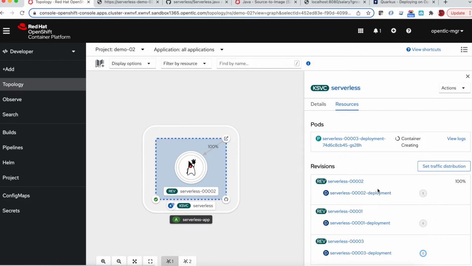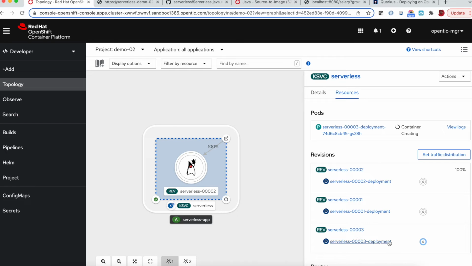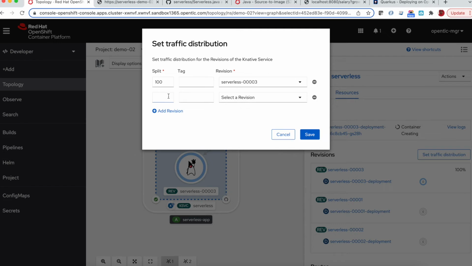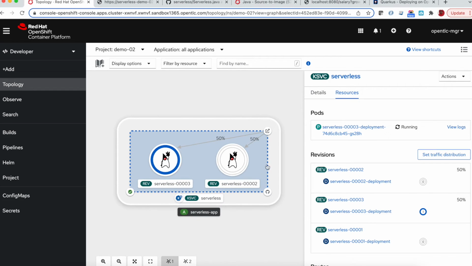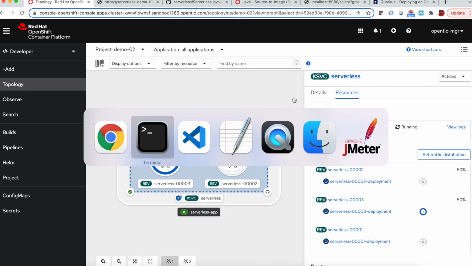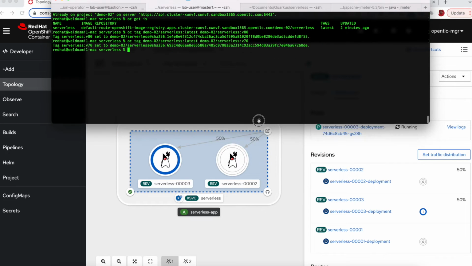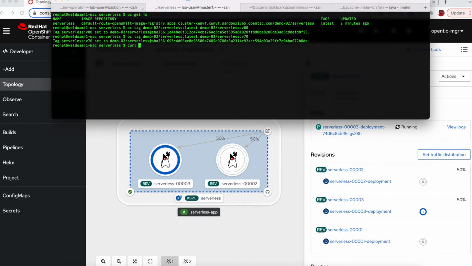We can see that the third revision is created. So we have revision 1, 2, and 3. Let's now split the traffic and get 50% of the traffic to revision 3, the other 50% going to revision 2. The moment we save, immediately revision 3 will be added to the route, and by hitting the URL of the route,